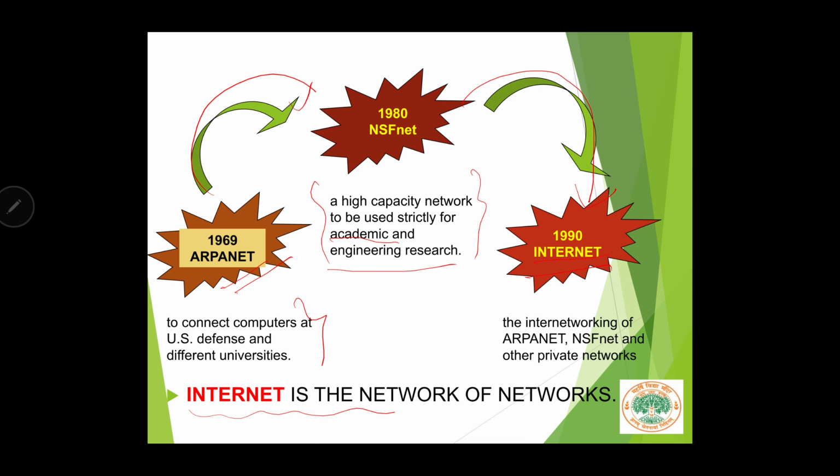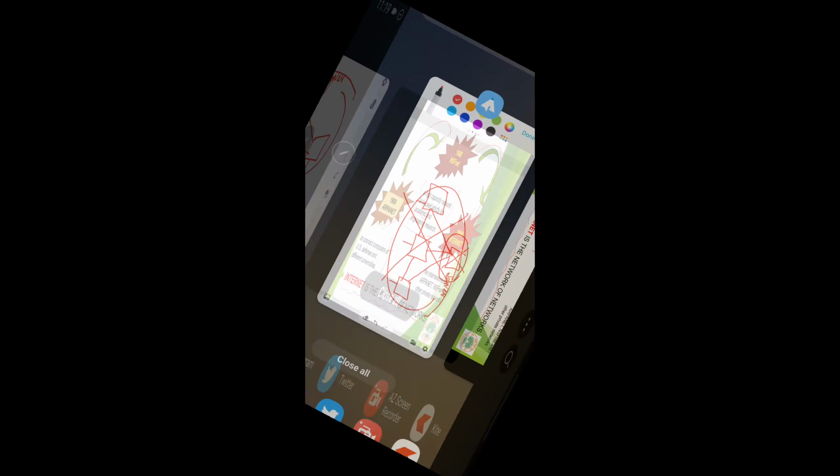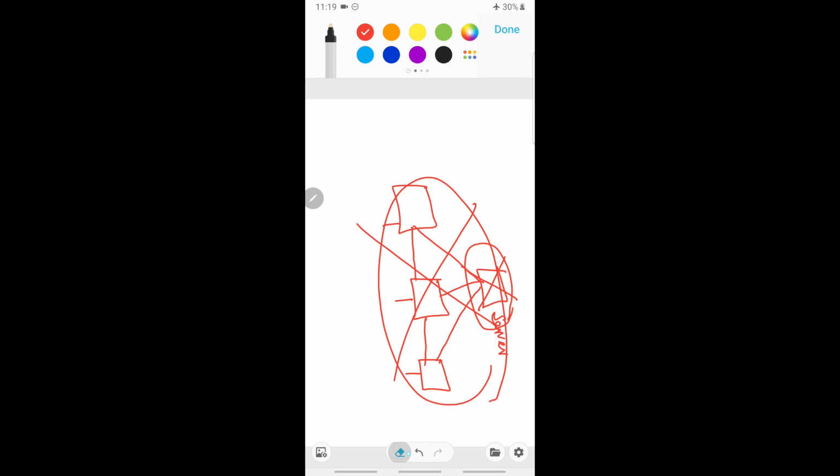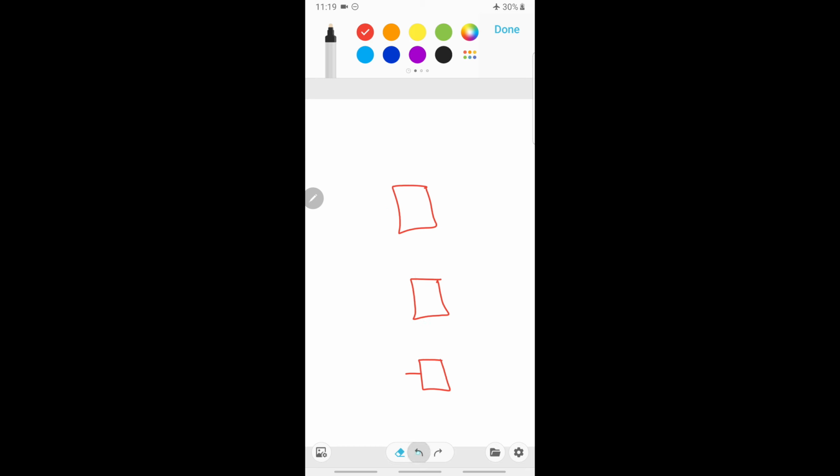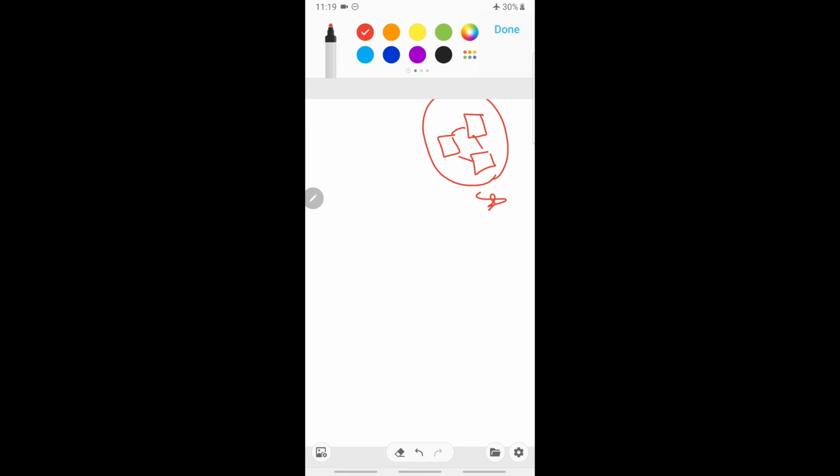So what is the internet? The internet is the network of networks. Let's try to understand this, explained with a diagram. So let's say this is your ARPANET, and let's say there might be more than 3 computers. This is just an example. So let's say the other network is,